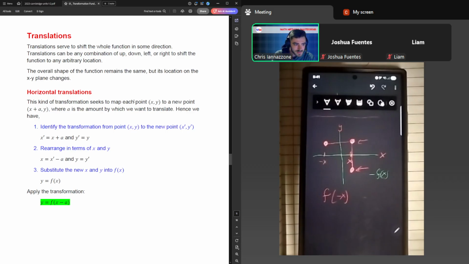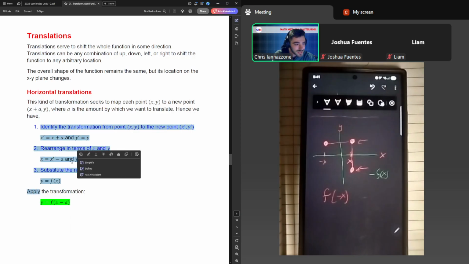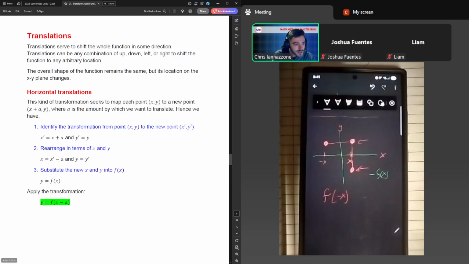Now, you might see in the function, things go opposite. When you're thinking about points shifting horizontally, it is the case that plus means right and minus means left, because you're literally getting a bigger x value. The reason why you've been conditioned up until this point to think x minus a is going to the right is because when you go through these 3 steps and you do your rearranging to get x on its own, when you put it in the function, it looks like a minus at this stage. But fundamentally speaking, when it came to just thinking about where the points were being shifted, it did start out as a plus. So in a way, you've kind of got to unlearn that a little bit if you do this approach